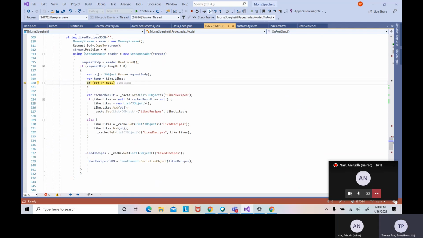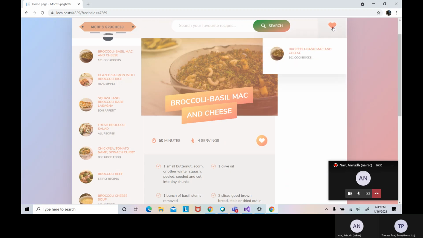Here I'm retrieving the recipes from the cache, populating the object, and then adding it into a likes C# object that will have the list of recipes that the user has liked. You can see that in the favorite list.